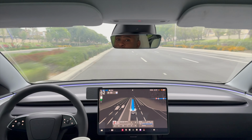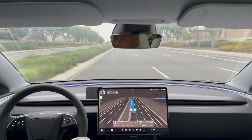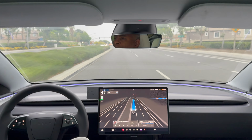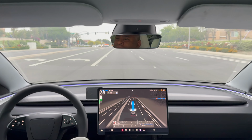There's more Model 3s out there, and the Model Y is similar, right? They're similar in style and size and drivetrain, so it shouldn't be that big of a difference from the Model Y, but I will test that one too. Oh yeah, that test is coming. So